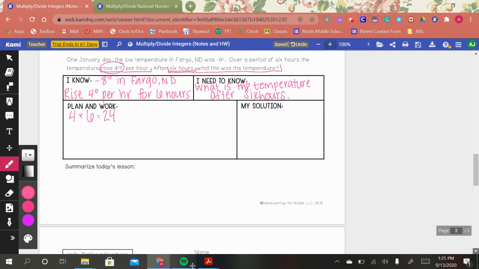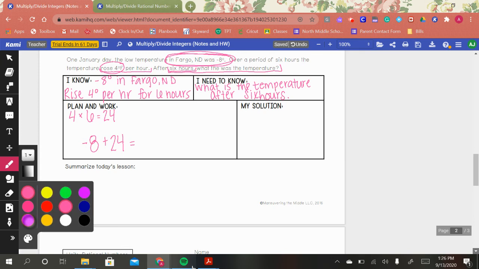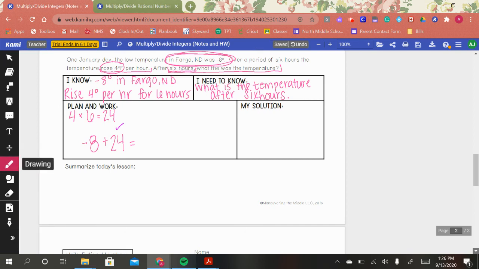What we need to still factor into this problem is that our starting place was not 0. Our starting place was negative 8. So if we're going to start at negative 8, we're going to rise a total of 24 degrees. We have to add those together. And if you remember your integer addition rules, it was same signs, you add, keep the sign. Opposite signs, like we have here, we're going to subtract, take the sign of the number with a greater absolute value. And in this case, 24 is the number with a greater absolute value, and 24 is positive,